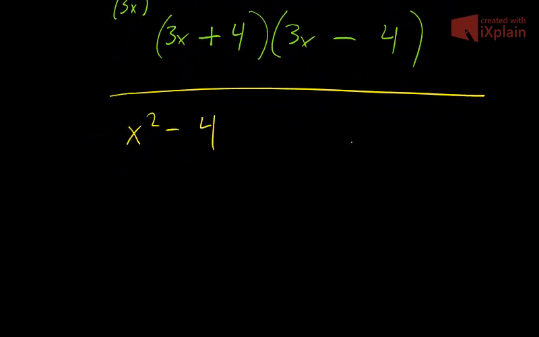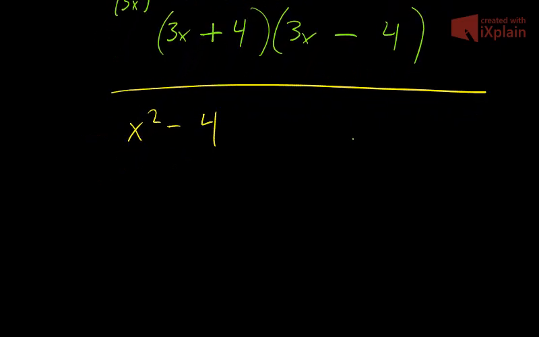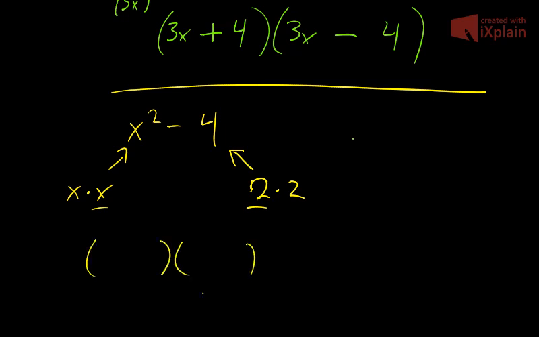So this is a really easy one. I got two numbers that are both square numbers. So this right here is x times x, and this right here is 2 times 2. So my numbers are going to be x and 2. So what I want to do now is write my parentheses. One's going to have an x and a 2, the other's going to have an x and a 2. And to make this work, I need one with a minus and one with a plus, and just like that,